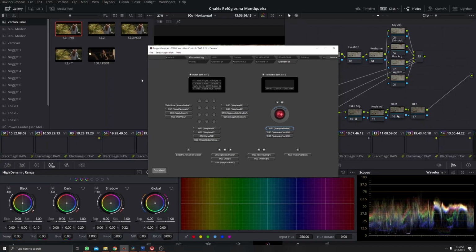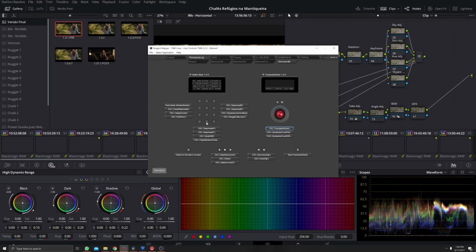Okay, for the color mode, we have some different things here on the Tangent Element. I could put together a lot of modes, so we have a list of modes. This is very good and makes things faster. And for the MF panel, we have a default thing for every panel. There's one or two things that will change on this trackball here, especially in primaries and HDR, but all the rest of the modes will be the same. And the buttons and everything else are the same, doesn't matter what mode you are in.